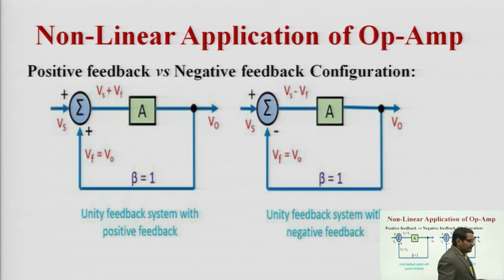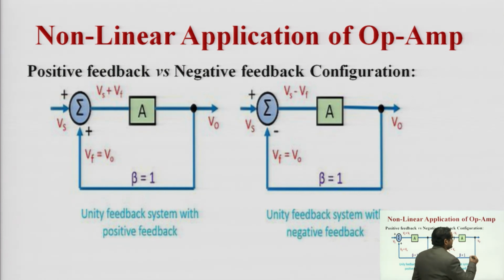Now, the drawback of a comparator or a zero cross detector is false triggering when a noise signal is present at the input terminal of the op amp, or if a noise signal is superimposed on the input time varying signal. The output of the comparator will give false triggering. It can oscillate from minus V sat to plus V sat in the presence of noise.